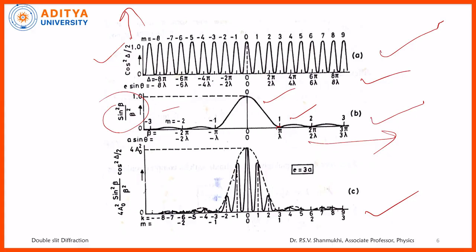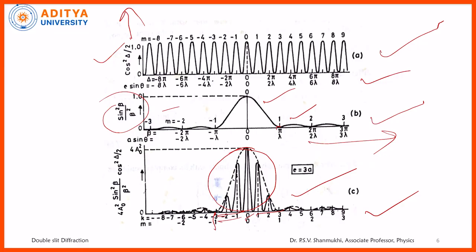A little bit of maximum we observe. Here the diffraction is the dominating term. If the diffraction maximum and interference minimum superimpose, we get somewhat of a maximum. When the minimum of diffraction and maximum of interference superimpose, a little bit of maximum we find. Anyhow, diffraction is the dominating term. When you observe this graph, on either side of the central maximum we observe two peaks, and we get some minimum. Again, one more; this is called the central spectrum.